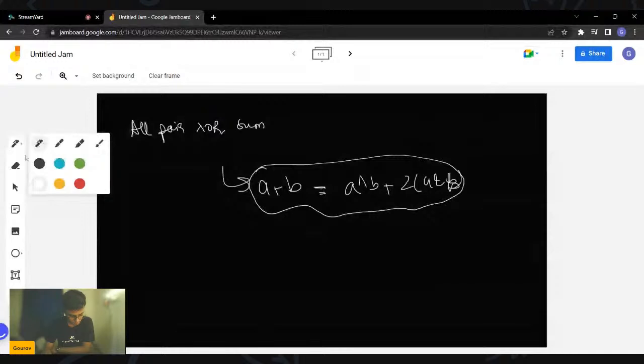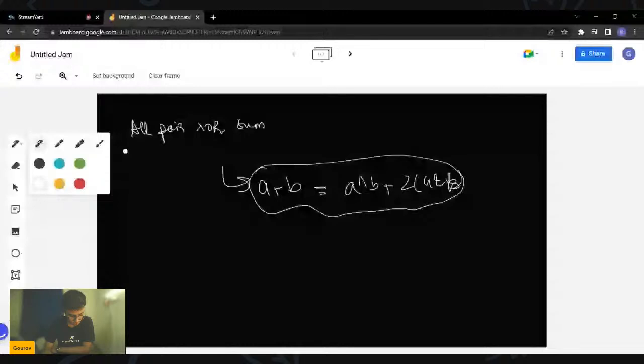I discussed the intuition and also proved why this is correct. Apart from that, we also discussed other important things like consecutive XORs. What will happen if you try to take the consecutive XOR of all the elements? We also discussed how to find the consecutive XOR of all the numbers in the range L to R.